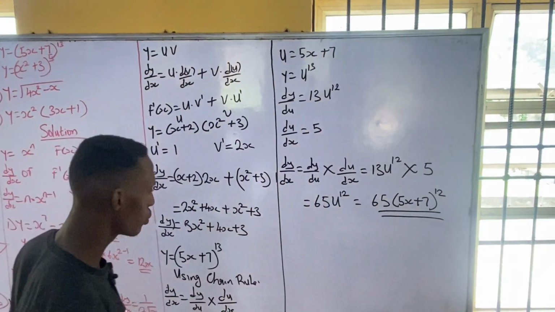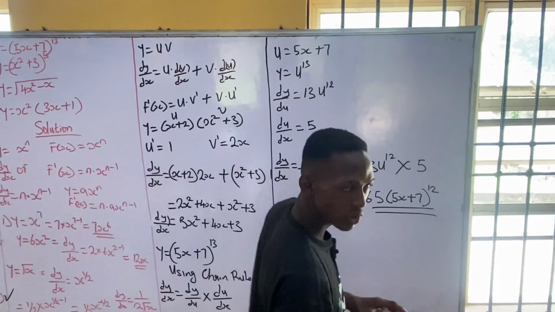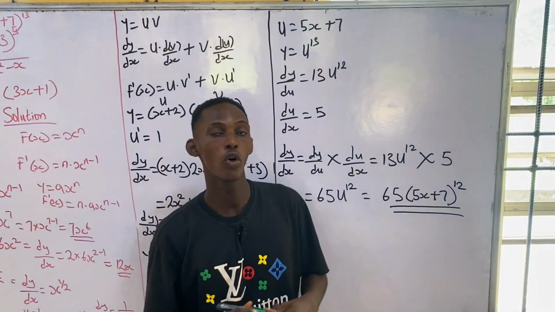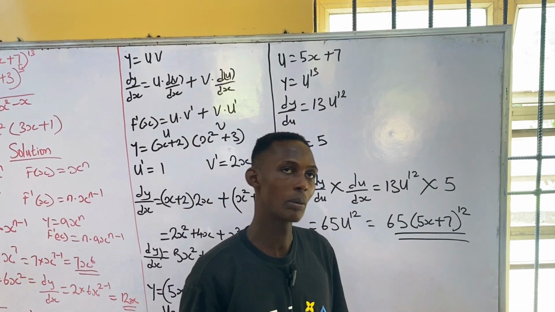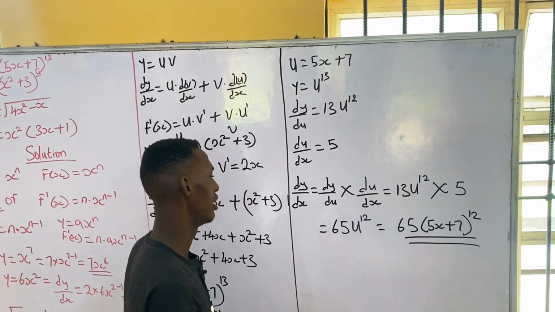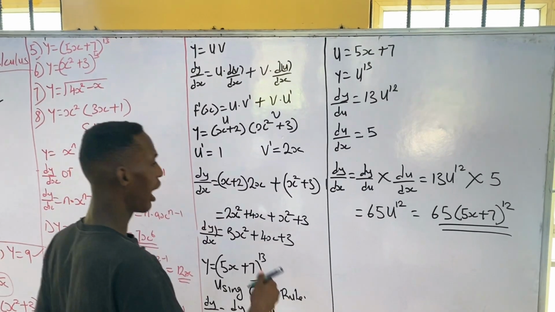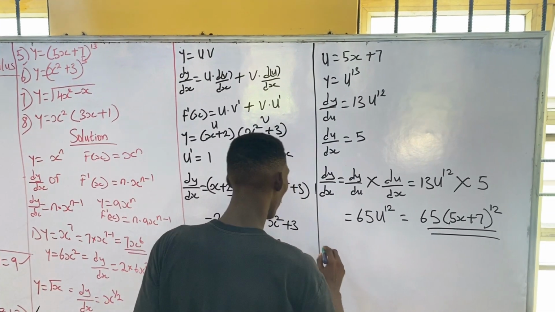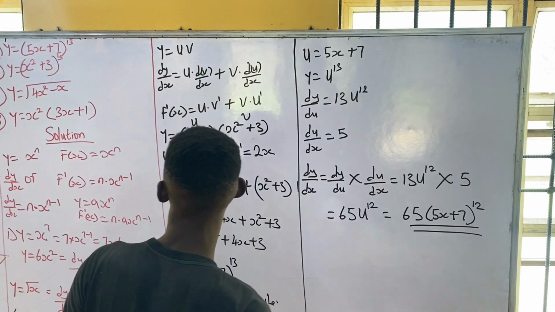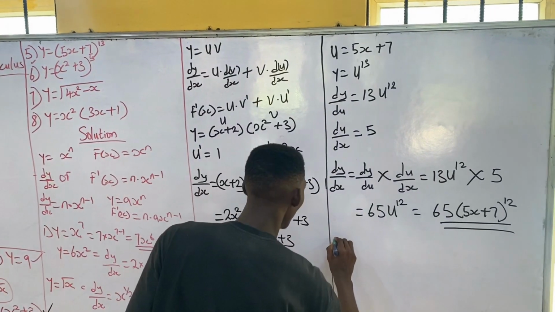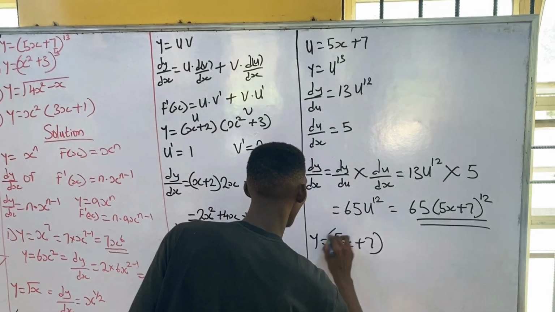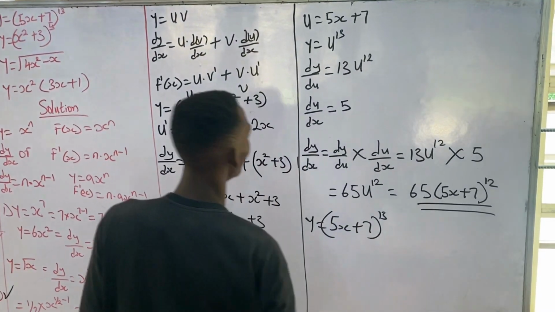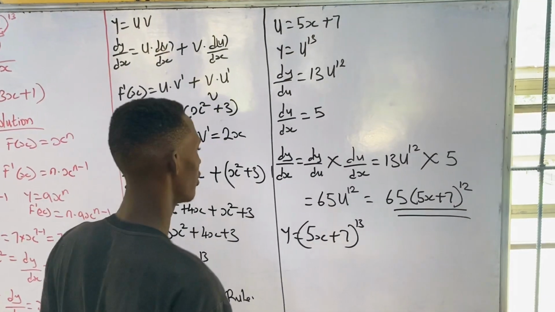Now for the core rule, this will help those that are doing OBJ or those that are writing JAMB or post-UTME and need to be fast with their solving. So if you are, I suggest you use core rule. If you are using core rule, using the same question, y is equal to (5x plus 7) to the power of 13. So core rule states that